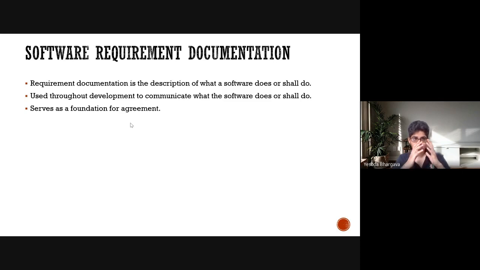So, software requirement documentation is basically a written agreement between the clients and the service providers so that after the product is made, if any glitch is found or if any promised function is not found, then both the parties can point out to the SRS that this was prior discussed, it has not been found, or something that has not been found, it was not prior discussed. So it is basically an agreement that you go back to.